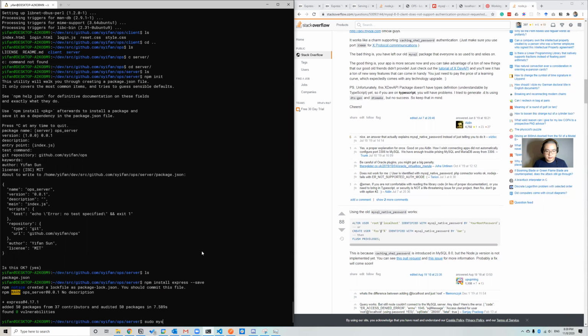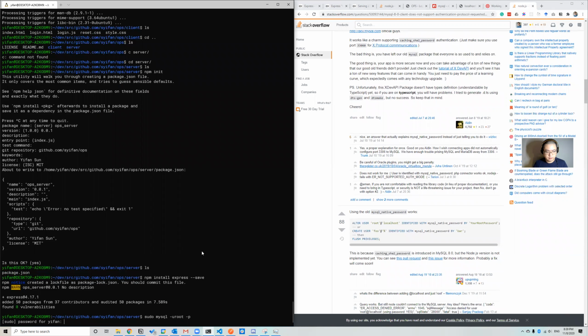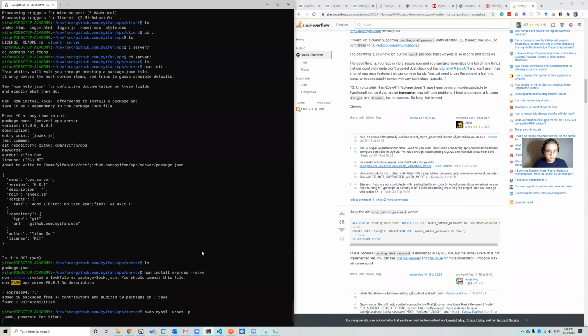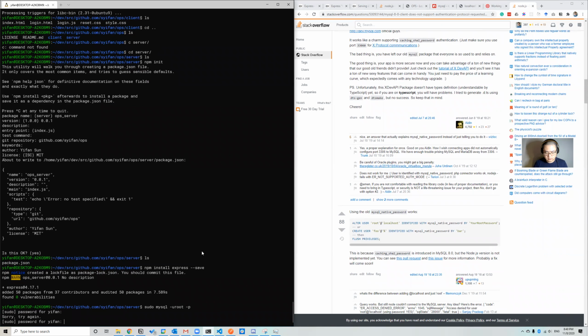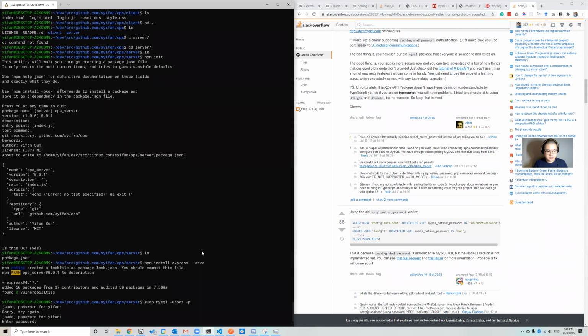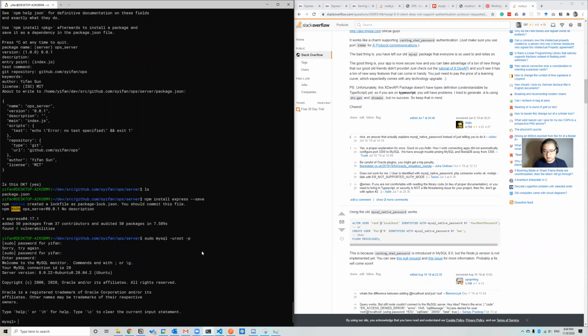We're going to use sudo mysql -u root -p password. This is my system password. Is it correct? Then this is my SQL password. I think it's root_password. Okay, it works. Then we're going to